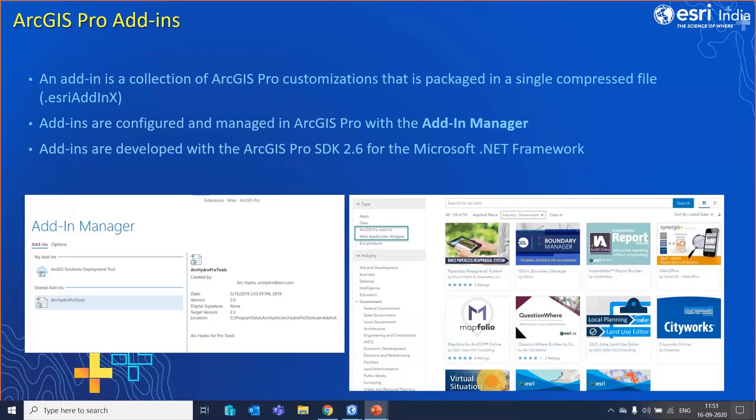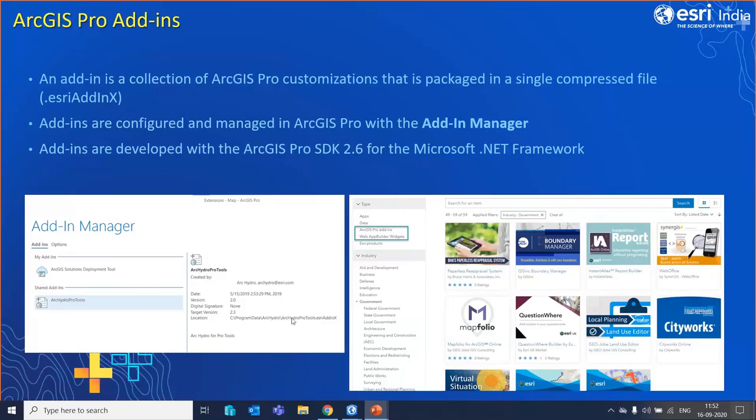So an ArcGIS add-in is a collection of ArcGIS Pro customizations that is packaged into a single compressed file. The extension would be .esriAddInX. In this example, you can see in my Add-In Manager, I have ArcGIS Pro Tools with the extension .esriAddInX.